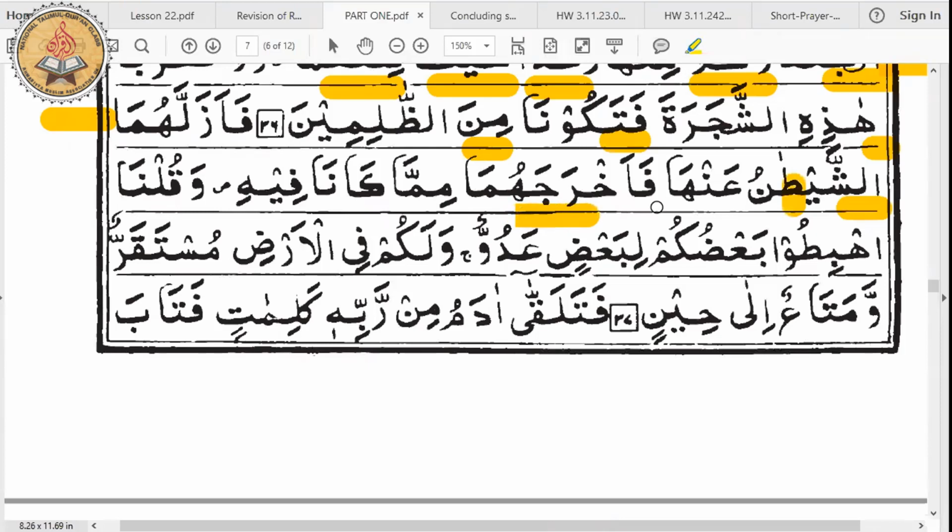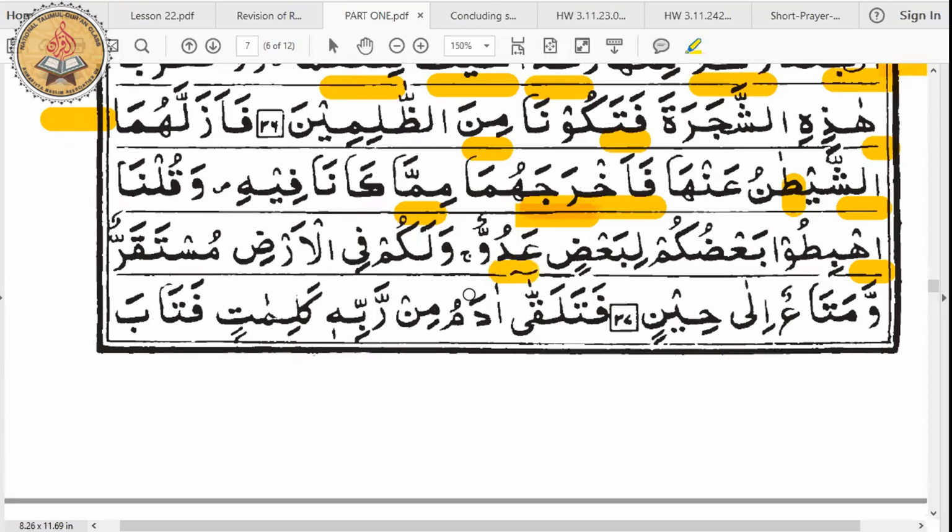Can you read this word once more, please? فأخرجهما مما كان فيه وقلنا اهبطوا بعضكم لبعض عدو